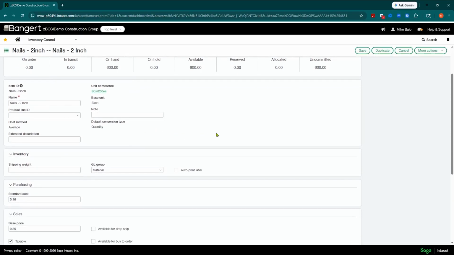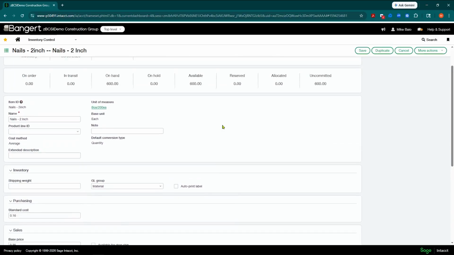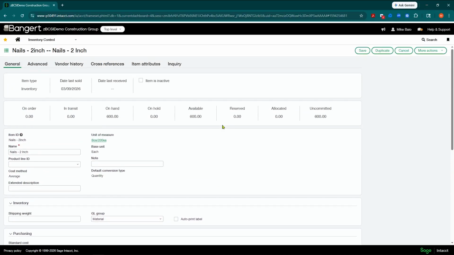Okay. So this is a simple example of how you can do this, but obviously there's a lot of use cases for some more sophisticated items and how you need to convert these. It might be a coil of steel. It might be a roll of carpet. I mean, there's different use cases for this type of unit of measure conversions that you can use right out of the box inside Sage Intacct for inventory.